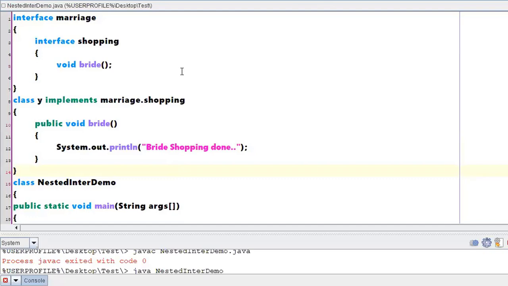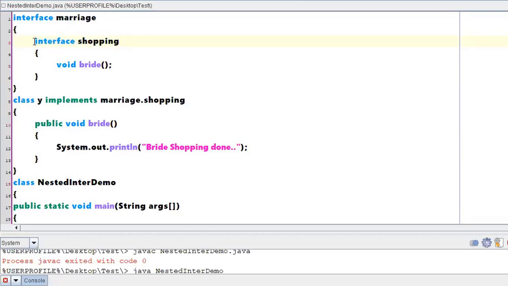Now, I know that we have not discussed public, private, all those things, but just for understanding a few conclusions with respect to the inner interface: we said that in an interface, all the methods which you are going to declare will be by default public and abstract, right? Now there is one important point which we need to remember: nested interfaces should be public.